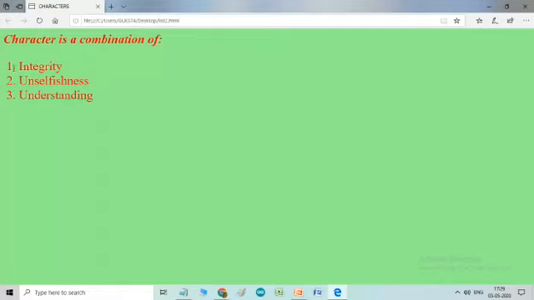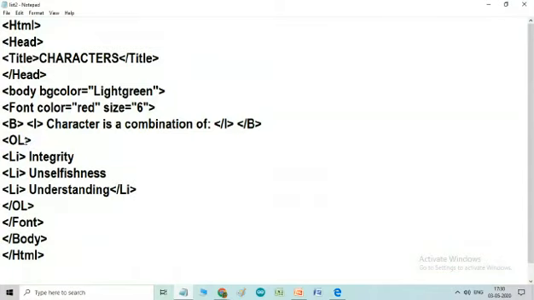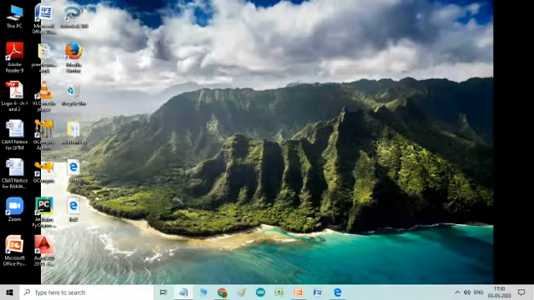You see children, automatically the list is created as 1, 2, 3. This is the default list. If you do not define anything with the OL, then it will automatically give the numbers 1, 2, 3.